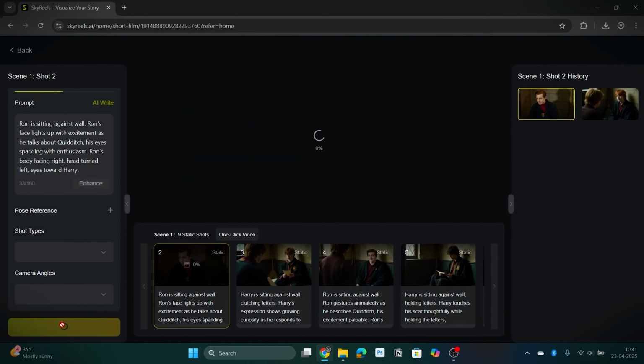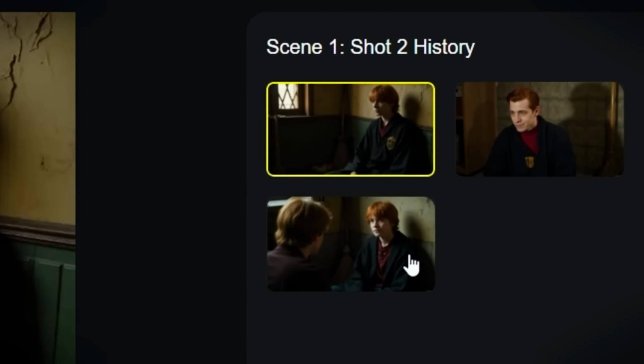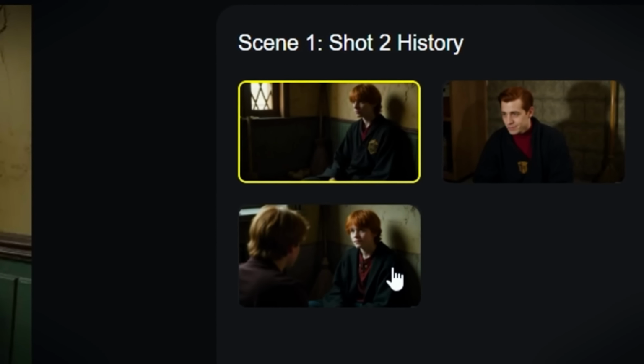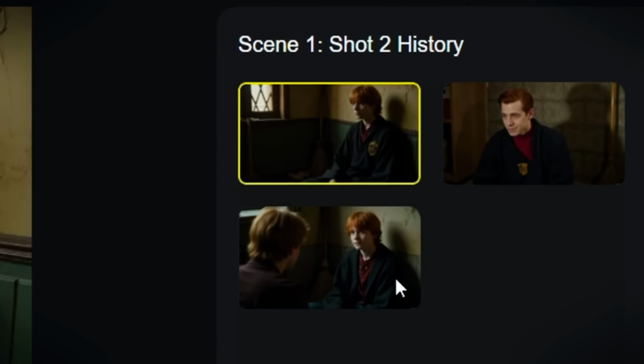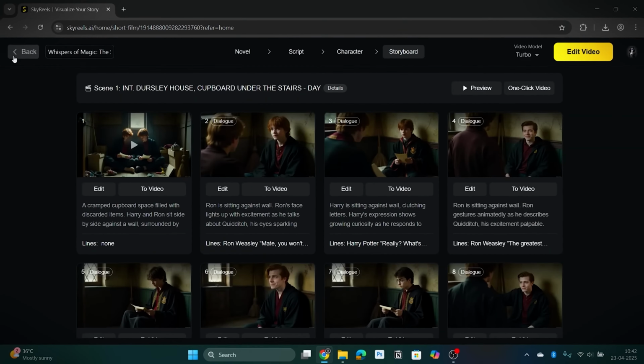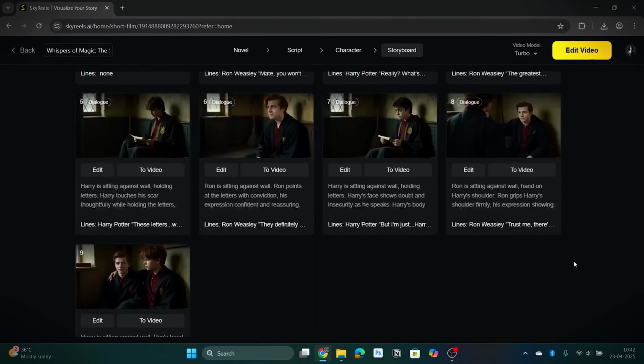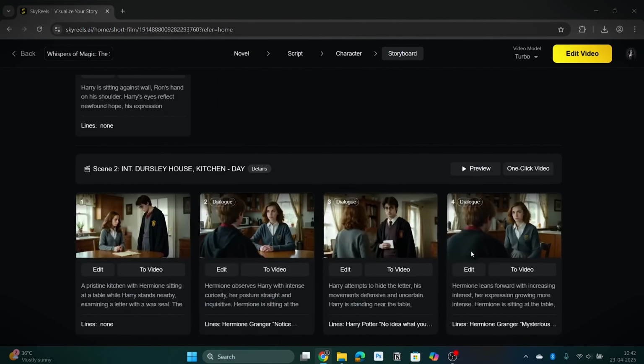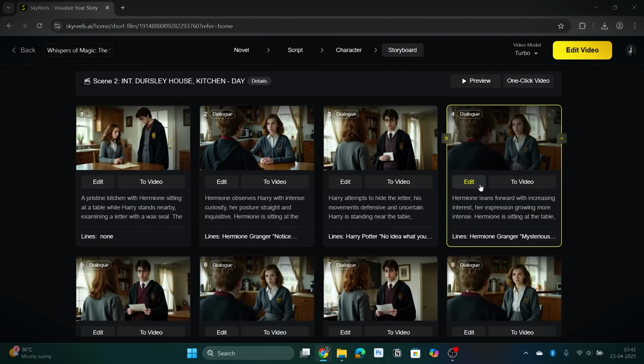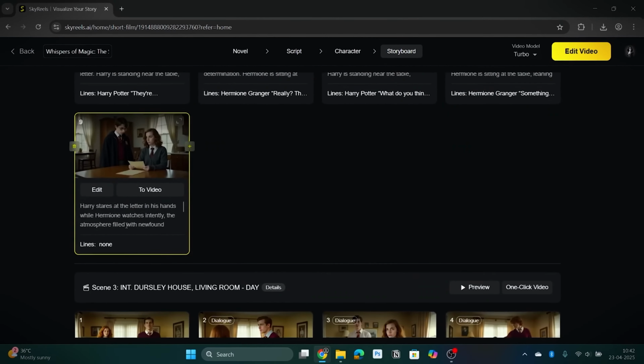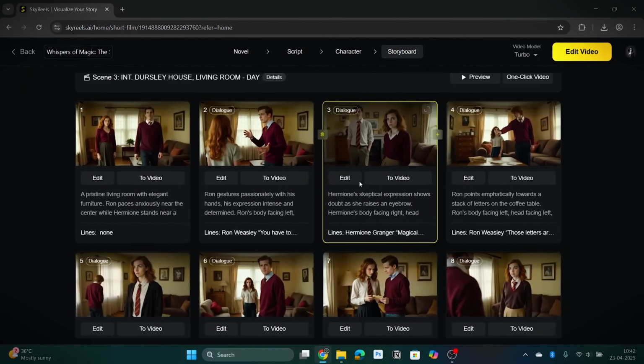On the right-hand side, you will see all your generations. So whichever one you find perfect, you can select it here and finalize it. You can scroll to see where each scene is set and which character is with which character, and what are the dialogues of the actors. All this you will be able to see here. In easy language, you should understand that you alone are doing the work of the entire production house.